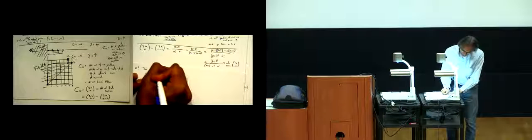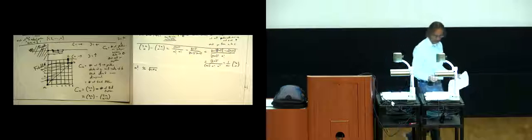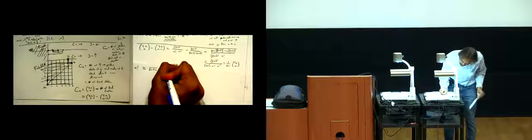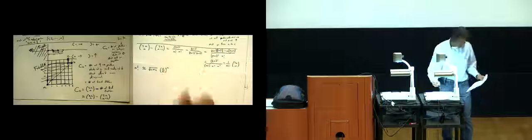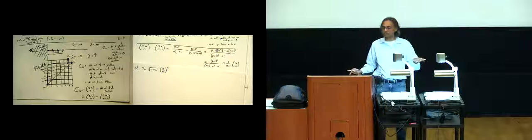2 pi n, times n divided by e to the n. Tell me if people have seen this before. Who's seen this before? Stirling's approximation. Raise your hand. It's sometimes a standard topic, sometimes it's not. So who's seen it before? A couple of you. Who has never seen this before?